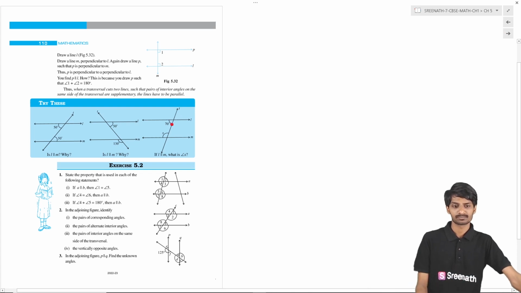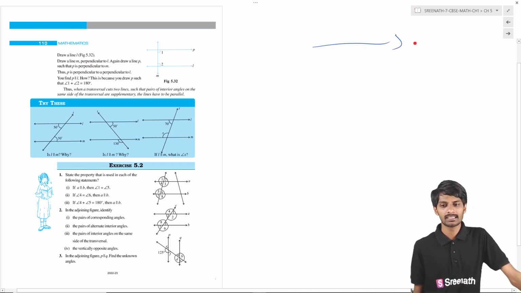And one more thing: draw a line L, and next draw a line M which is perpendicular to L, such that